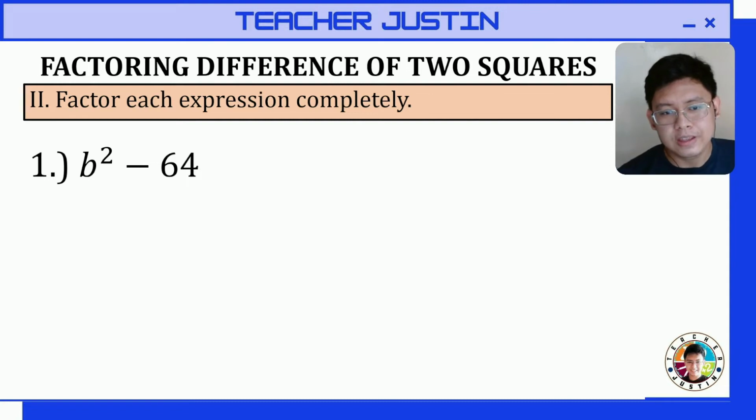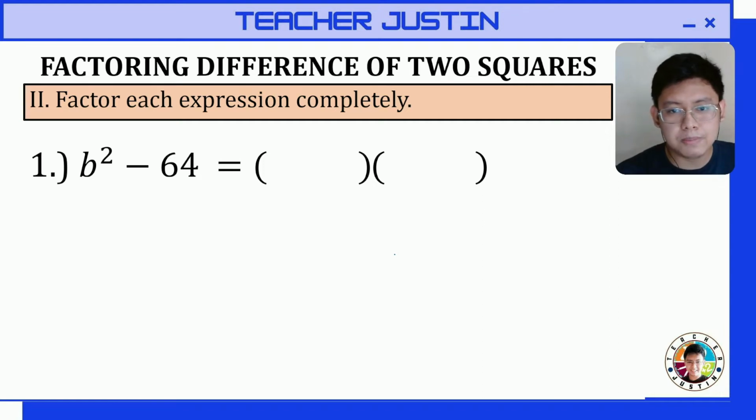So, in getting the factors of difference of two squares, we're going to apply the following steps. So, let's have our first example. We have b squared minus 64. So, para ma-factor natin to, our first step is for us to prepare our two groups. Okay? Yung factors nila. Then, ang step-by-step procedure natin in getting the factors of a difference of two squares is